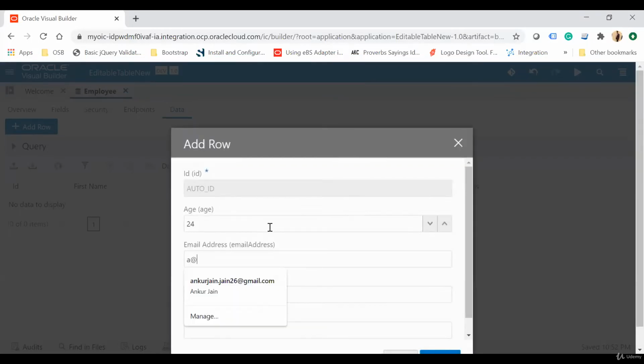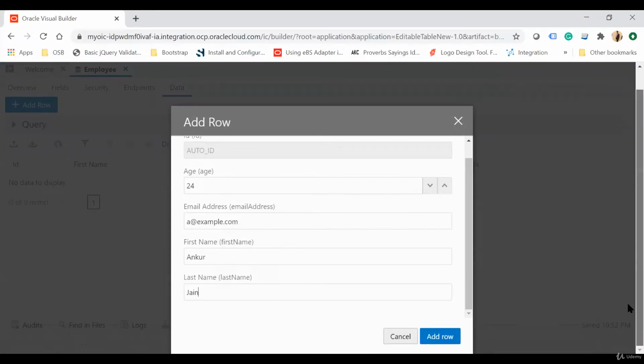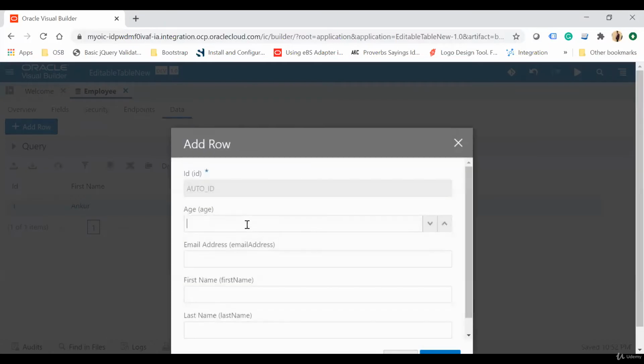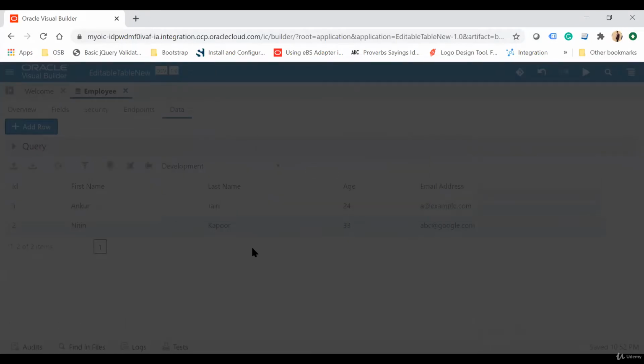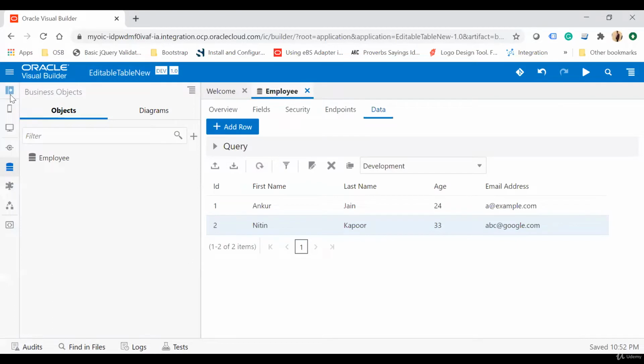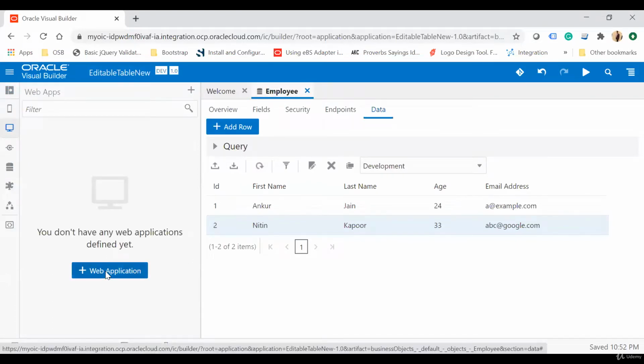24 at example.com, then Ankur, and then Jim. I will click on add row. Then I will add another row here, 33 ABC at google.com, Nitin Kapoor. Okay, and then add row. That's it. Now just go back and let's try to create a new application,